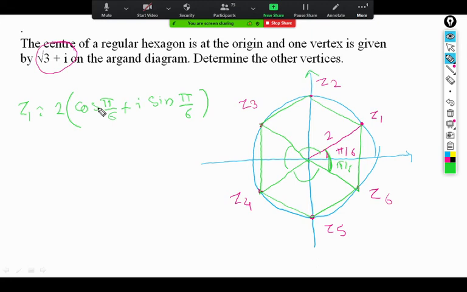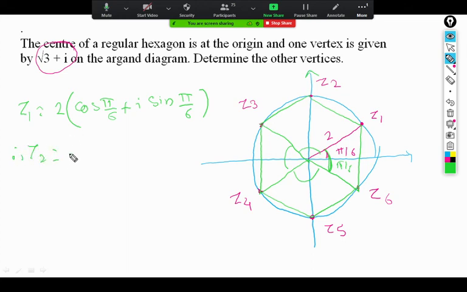Total. 60 degrees, sir. 60 degrees, because 360 is one rotation, and now we have to divide it into 6 parts because 6 vertices are there. So 360 divided by 6 is 60 degrees. So you got a Z1 here. So what you should say, therefore,